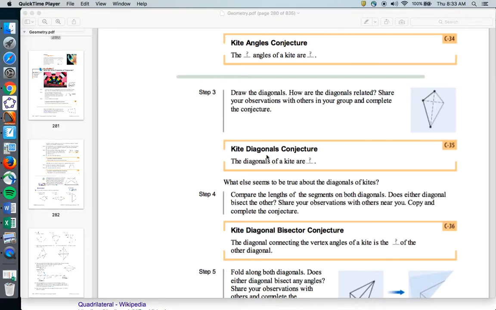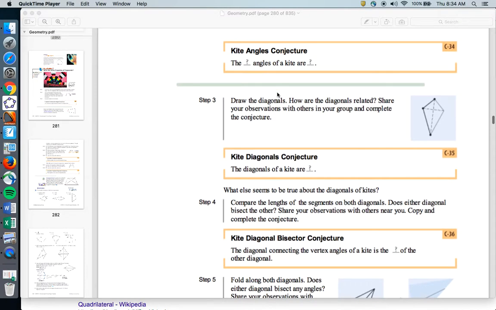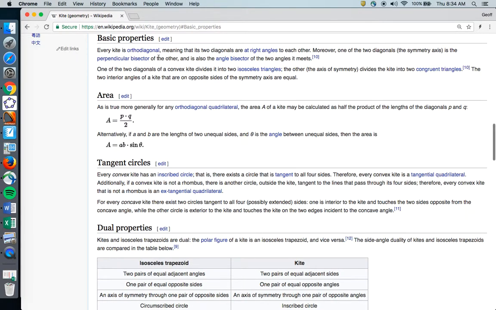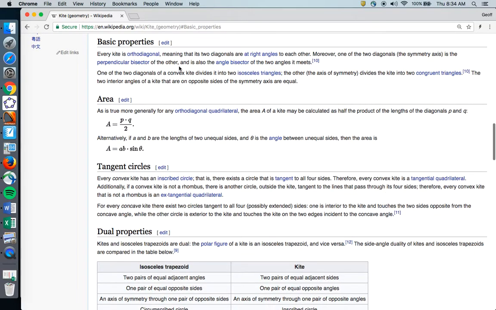Okay, guys, back with video 2 from 5.3. In this video, we're just going to go through these properties, conjectures about kites. The book's got some pictures. If you want, I just did a search for Wikipedia kite properties and you can jump down to these basic properties. But we'll go through what the book has and write them up because that's what we want to stay